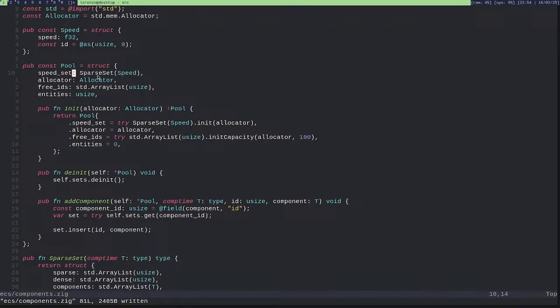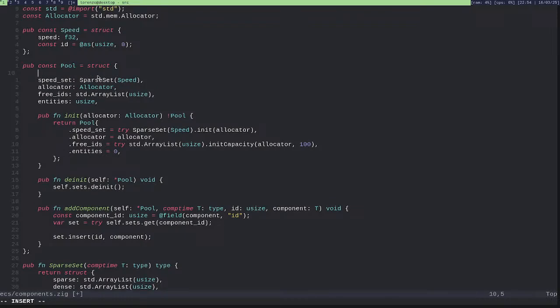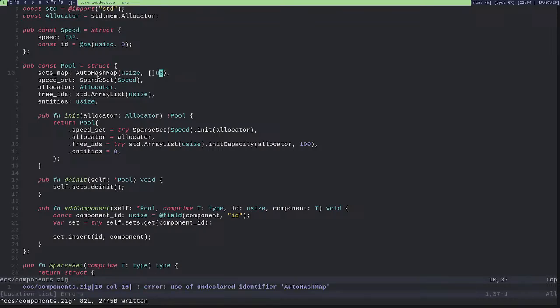Yeah. So basically something like this. Sets map, which takes usizes and gives me pointers.